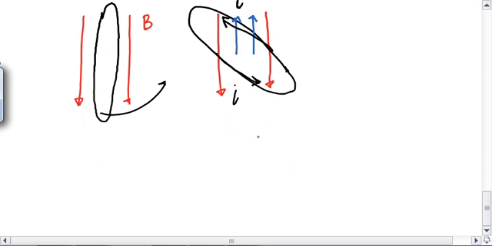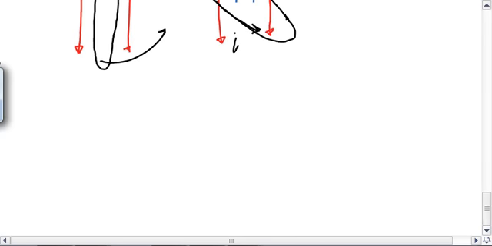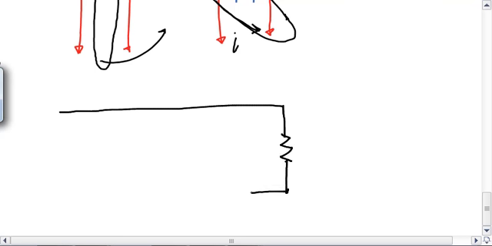All right, so let's look at another case where we can check out the direction of the current due to magnetic flux. So here is a wire. It has been stripped of all of its insulation, so it is a shiny copper wire, and there's a resistor, and then there's some more shiny wire. And now I'm going to take a shiny